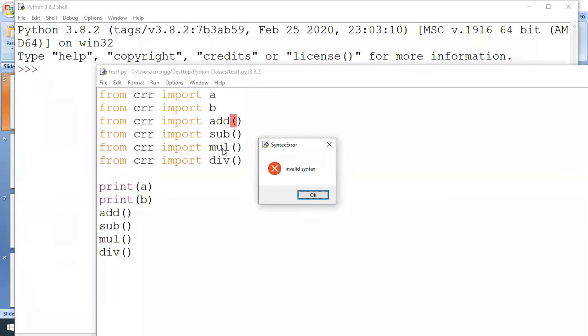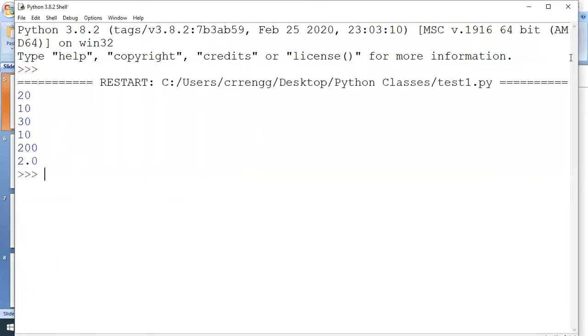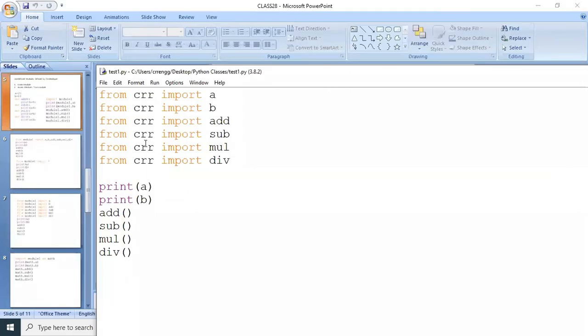So for example, here, if you observe, we are importing these members and functions. Instead of this, we are going to create an alias name for the module.